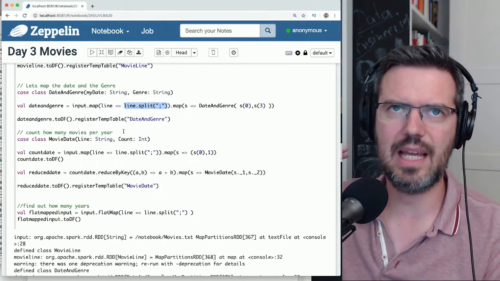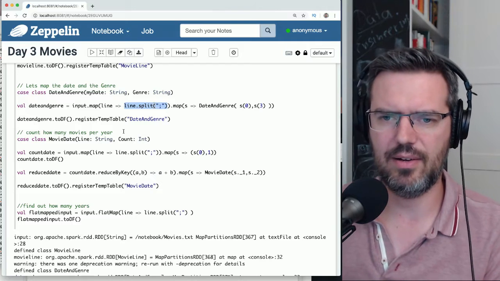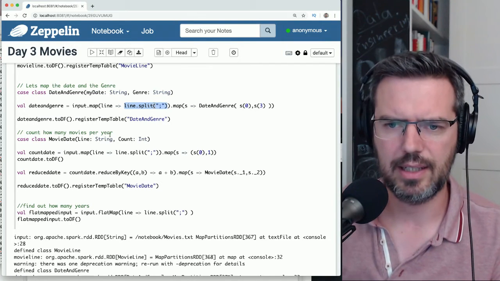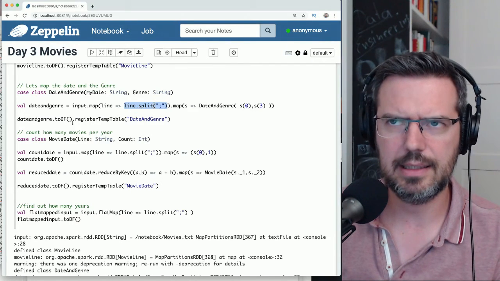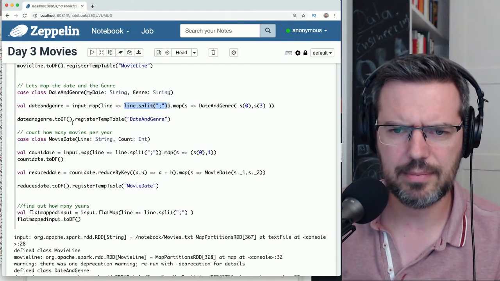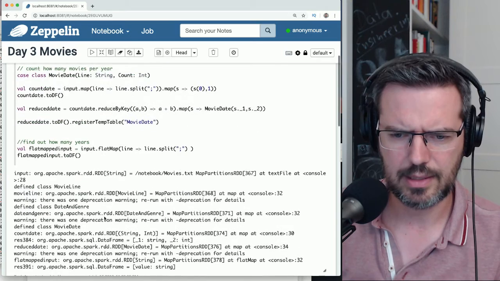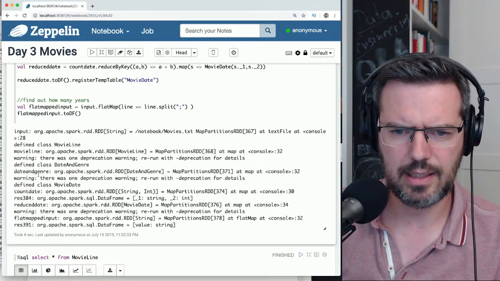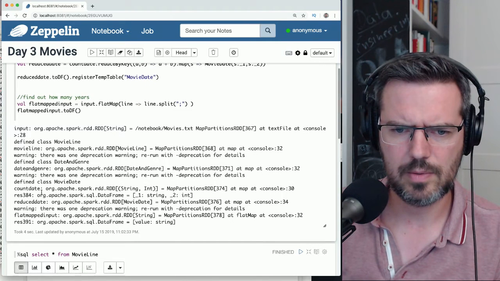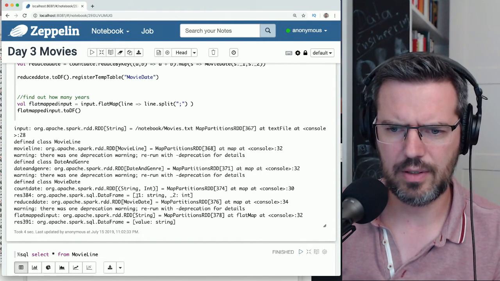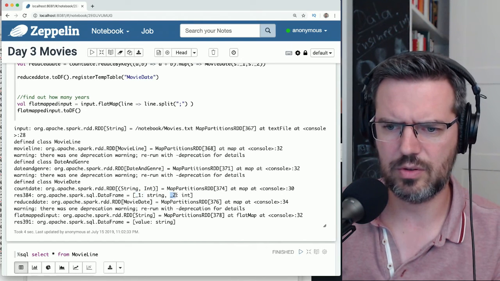These are just the absolute basics of Spark, and I'm an idiot, because why doesn't this work? I can create the data frame here. Here's the data frame with _1, _2.